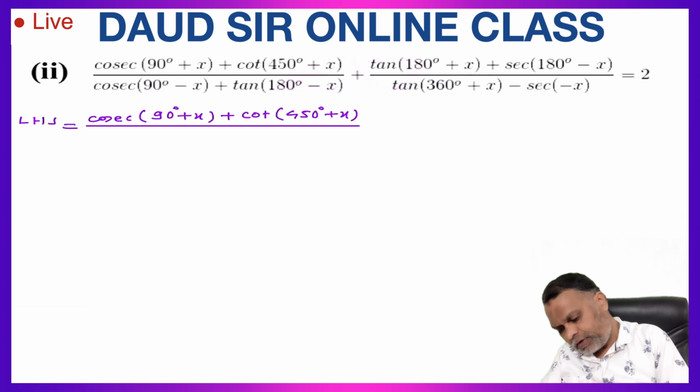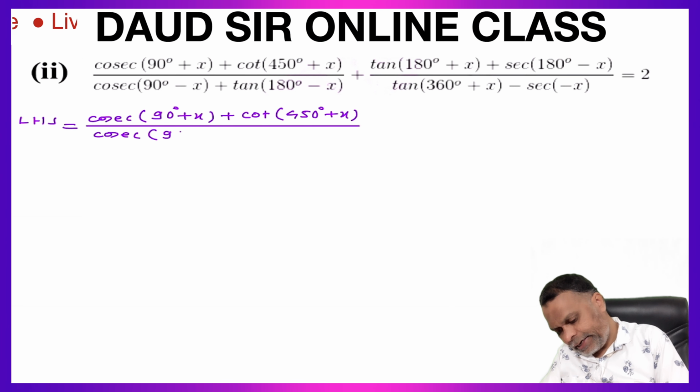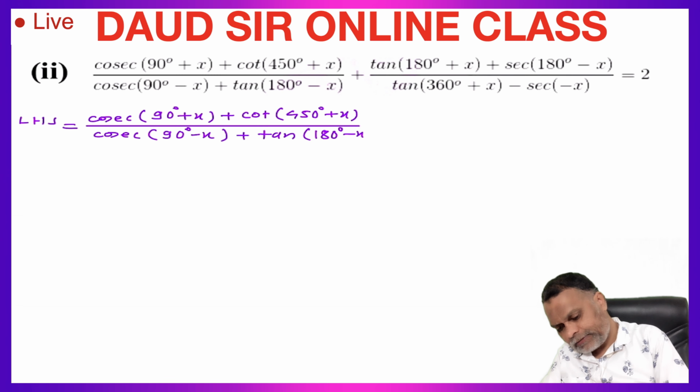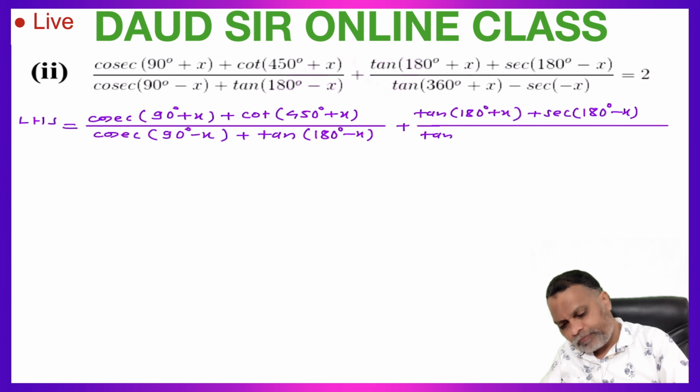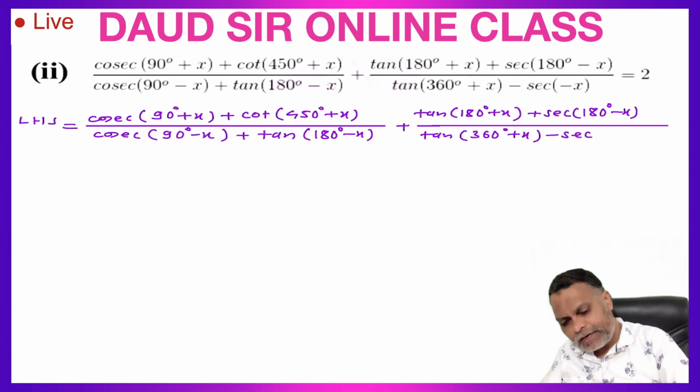divided by cosec 90 degree minus x plus tan 180 degree minus x plus tan 180 degree plus x plus sec 180 degree minus x upon tan 360 degree plus x minus sec minus x, which is equal to